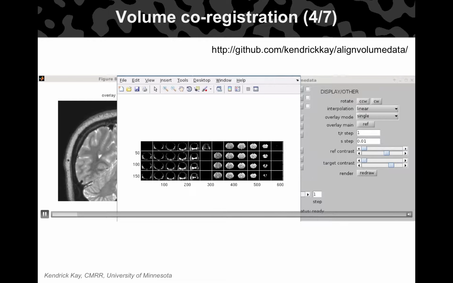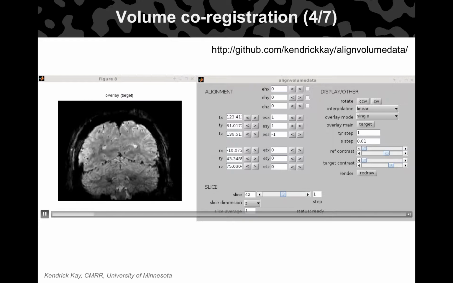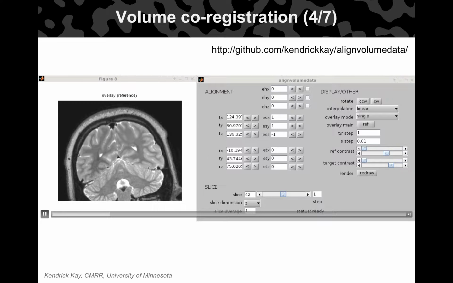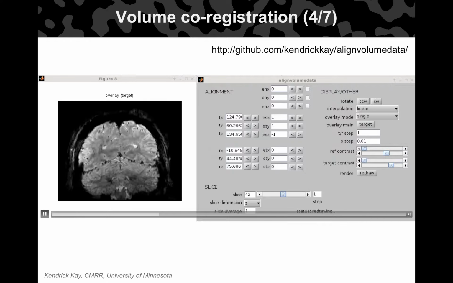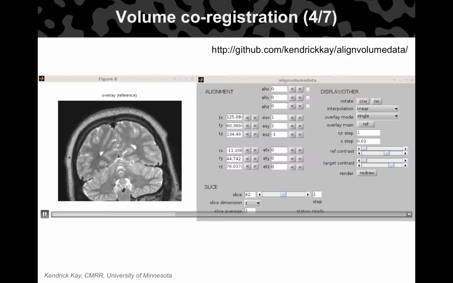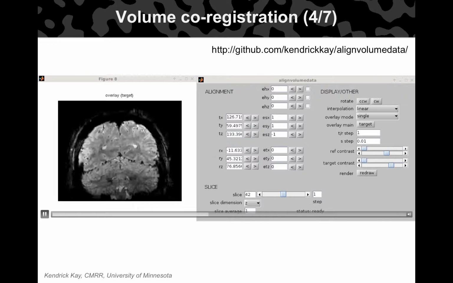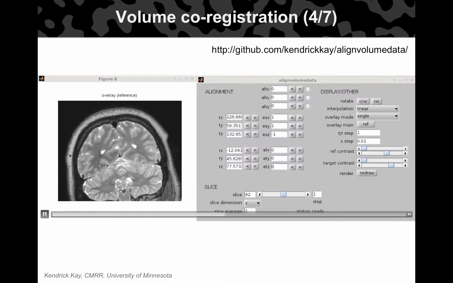Right now we're going to turn on the automatic optimizer. It's based on MATLAB's built-in optimization routines, where in this case we're changing the rigid body parameters. You can see one volume, which I guess is the EPI data, the one that you can't see most of the time. And then the one that it lives on is the T2. So it's just doing an EPI to T2 alignment.